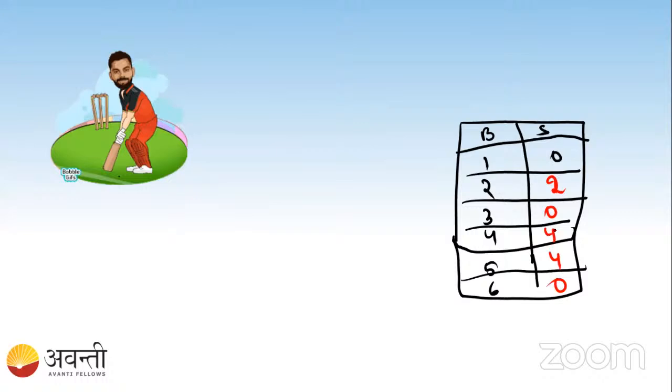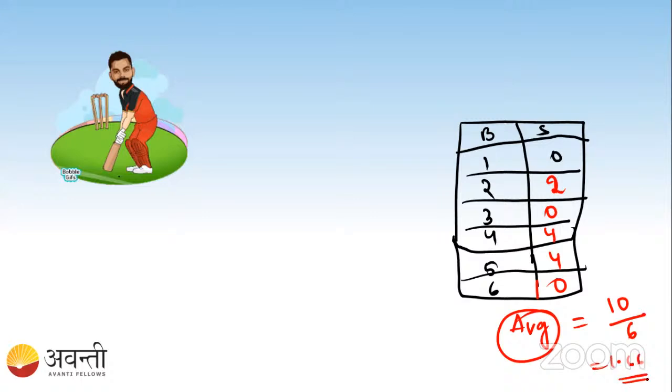So if I ask you what is the average score that Kohli scored, how will you calculate it? You will add the scores of all the balls, that is 4 plus 4, 8. 8 plus 2, 10. 10 divided by the overall balls that he has faced. That is how you will calculate the average runs that Virat Kohli scored in a particular over. So 10 divided by 6 will be something around